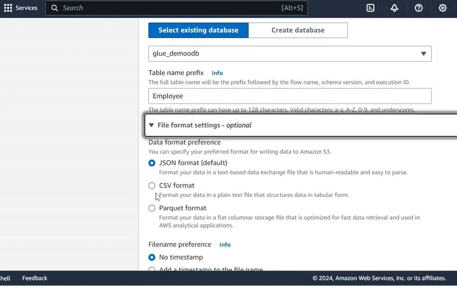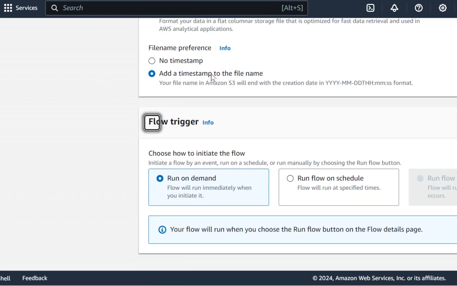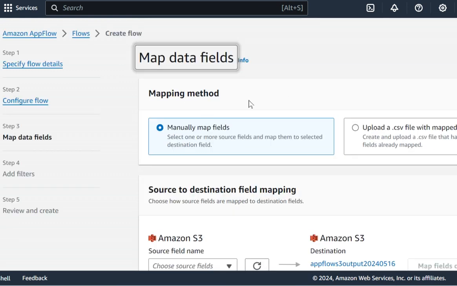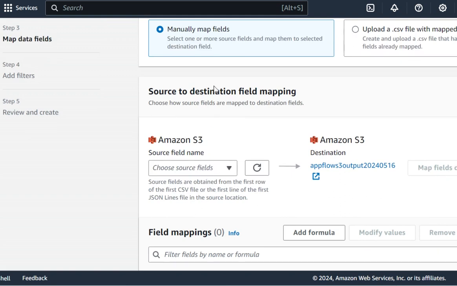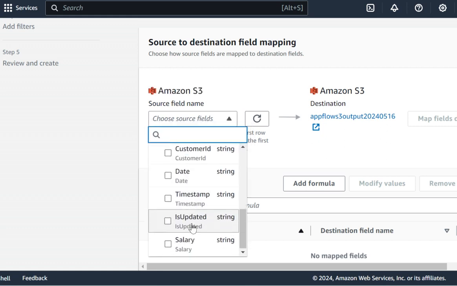Now file format settings are optional. You can select a CSV format. I want it, and I want to add a timestamp, so you can select that option, again optional. Now I want to run this workflow on demand, so I'll select this option, and now I have the option to map the fields. So either I can manually map them or I can upload a CSV file, but I have already selected the Glue data catalog, so I have automatic schema detection from my source files, and these are all the